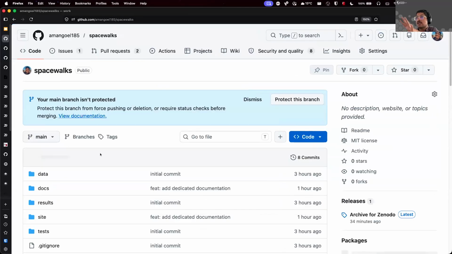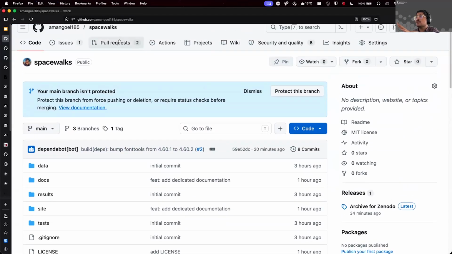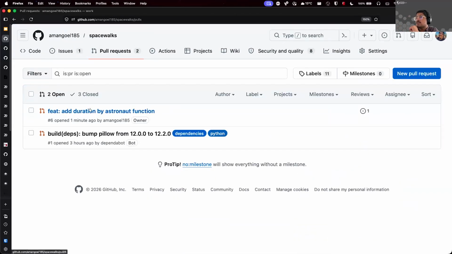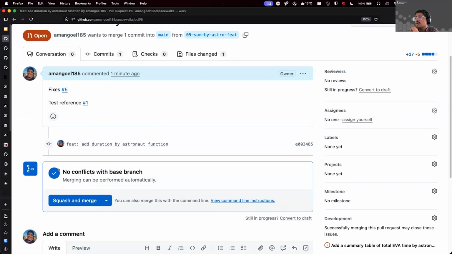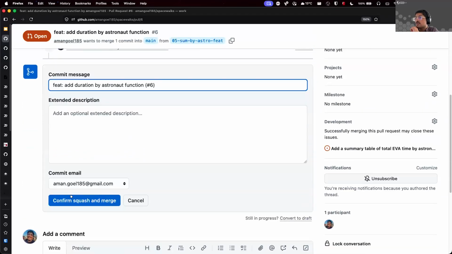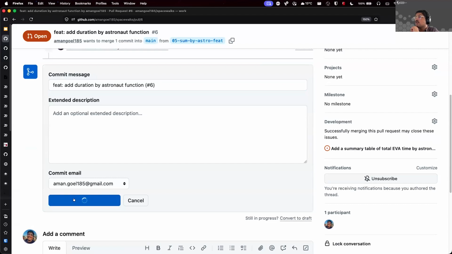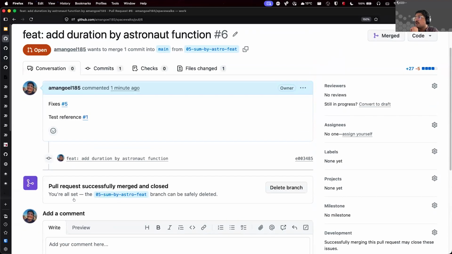Now, I'm happy with these changes. So what I'll do is, again, this is our main, which hasn't been updated yet. I'll just look at the pull request and I see this pull request is opened. All the changes look good. And I can just do a squash and merge. So once I do a confirm squash and merge,